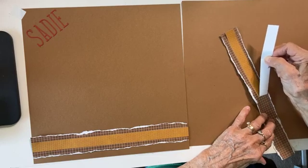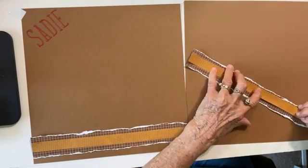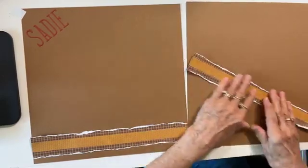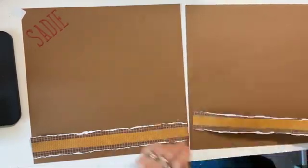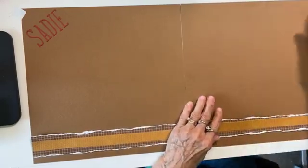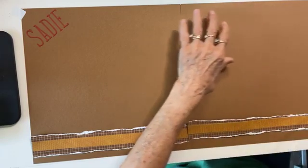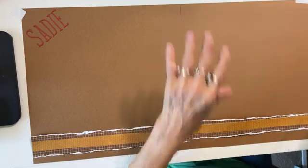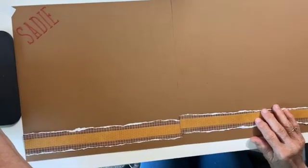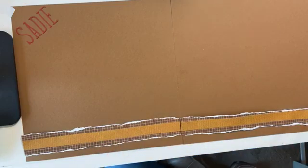Looks like it got off right about here. So let's let it go straight. There we go. Okay. And that's going to go right there. Now, I think we will move that over a little bit, working to get the whole thing on. All right, so